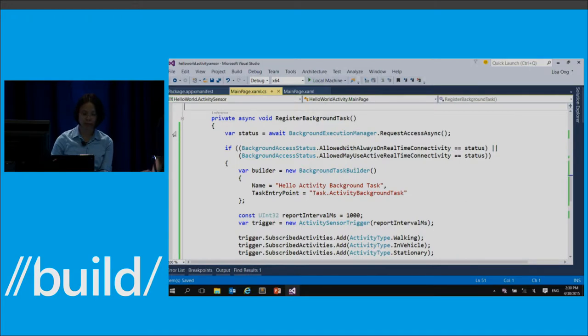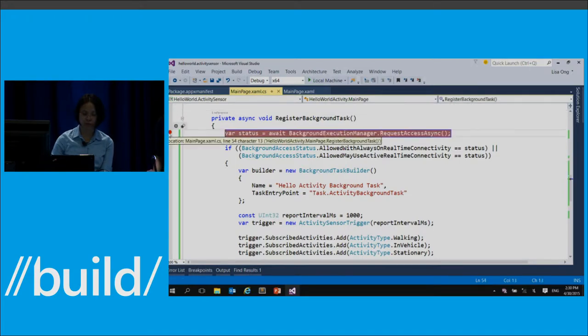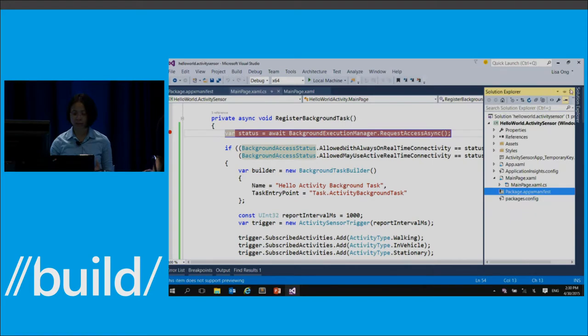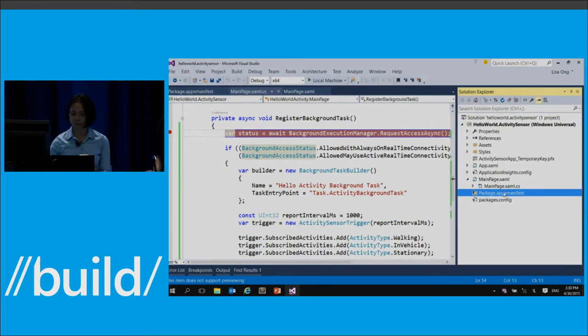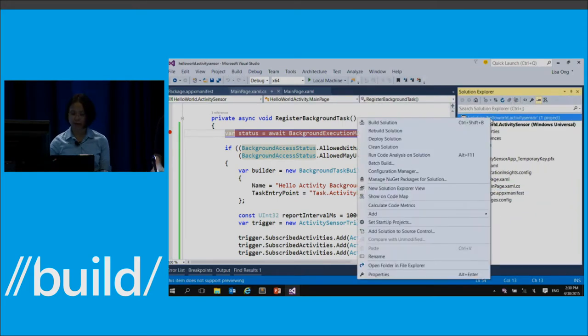Now I'm going to set a breakpoint here, because we're going to step through it later. Now, we've only talked about registering the background task. We need to talk about actually implementing the background task. So I'm going to pin Solution Explorer and add